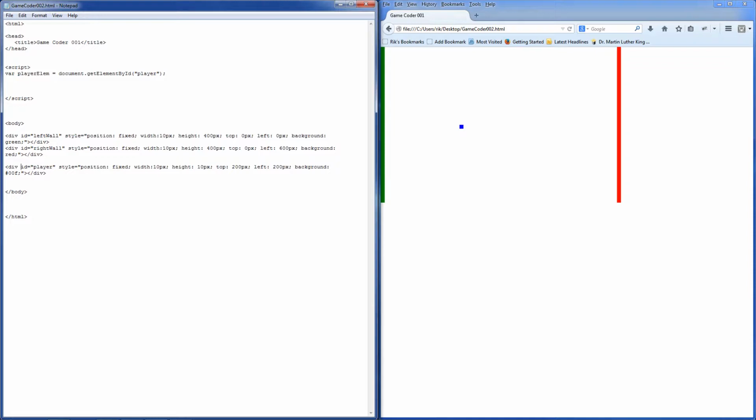Why? You'll find out. So programs need variables. I'm going to do a save. So programs need variables to hold information, and variables also, we call them objects, and when it's an object you can do things to it. So we're going to do things to this which are going to be nice, not nasty. So this is what I can do. See, once I've got the reference to the player, I can do stuff to it. I can do player element dot, for instance, this is just a for instance, style background equals